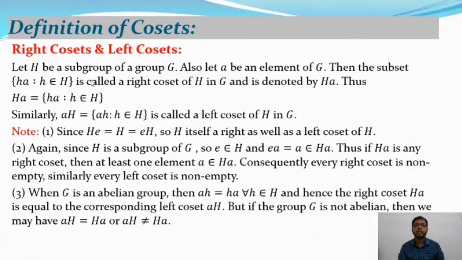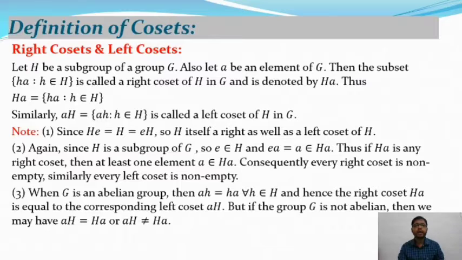Let H be a subgroup of a group G. So you know H satisfies all the properties of a group and H is a subset of G, then H is a subgroup of G. Also let a be an element of G. Then the subset Ha, such that h belongs to H, where a is an element of G and h is an element of H, is called a right coset of H in G